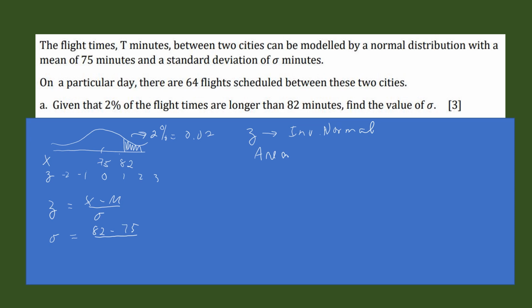No, the area is from this point to this point, which is 98%. So when you're asked to encode the area, you will encode 0.98, and for the mean you just choose the default there, 0, and the standard deviation 1. You will get a z which is equal to 2.053